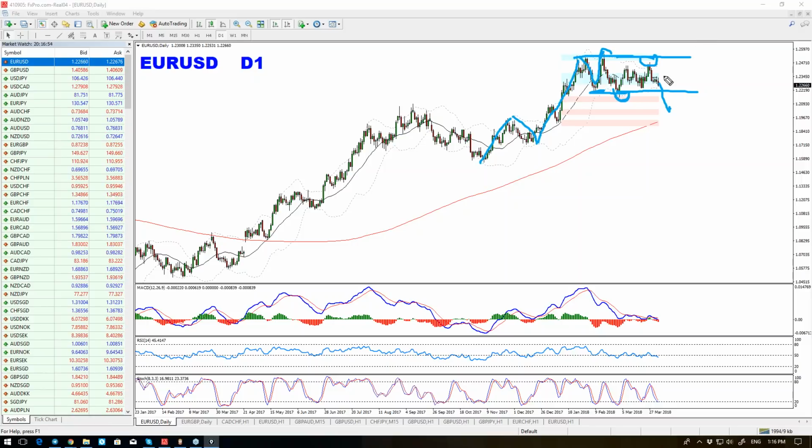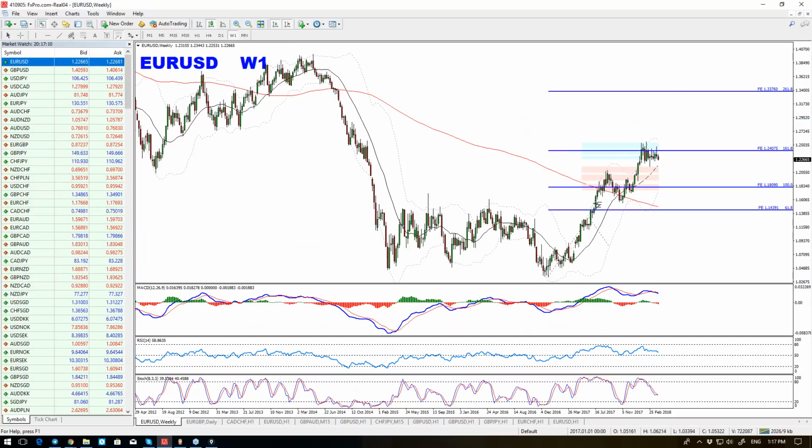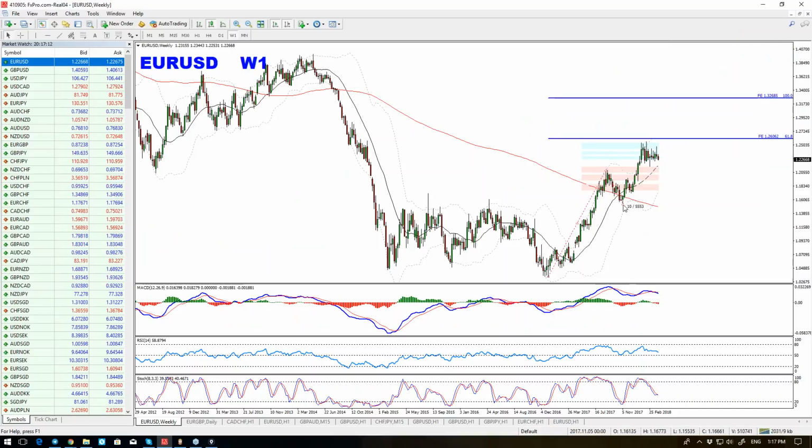If it refuses to do so and turns around, that might be a hint that we are going for one more push to the upside, which for a longer view can also offer us, according to the double cycle from the weekly, the zone of